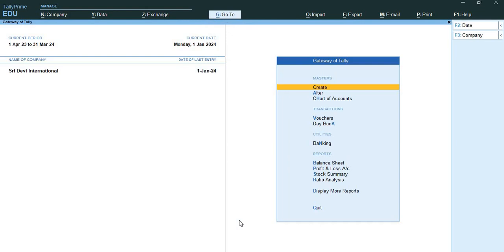Now the next topic is bird's eye view and drill down display. TelePrime's unique feature provides you with the required information at a glance, an overall view. For example, ratio analysis and statistics provide you with a wealth of information for decision making in a single screen. Here, for example, we go to ratio analysis. This is the ratio analysis,